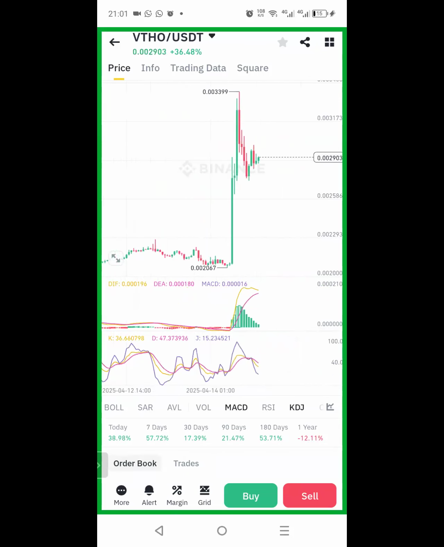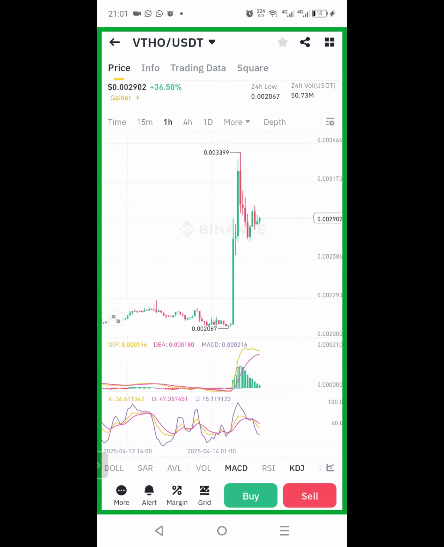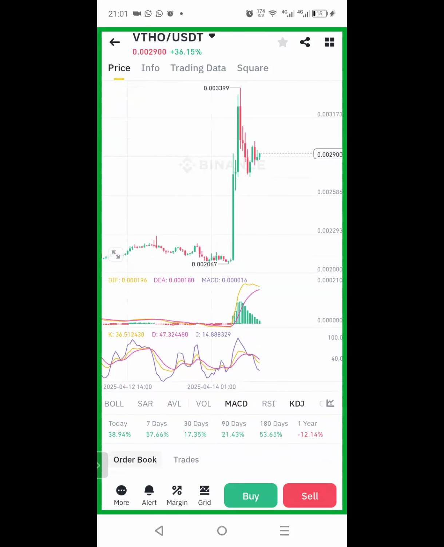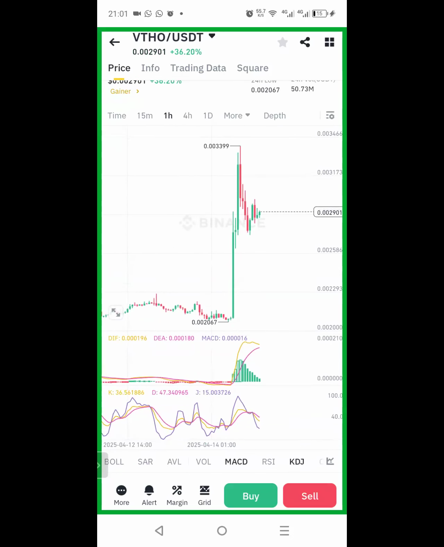So now this is what I consider that day. When I checked that coin, the MACD was under the bridge in the 1 hour time frame. It is under the bridge. I checked the 15 minutes too, it's under the bridge. So that's how I concluded my decision. I said, okay, it seems this particular trade is still going to go up a little. So I just entered the trade like that.